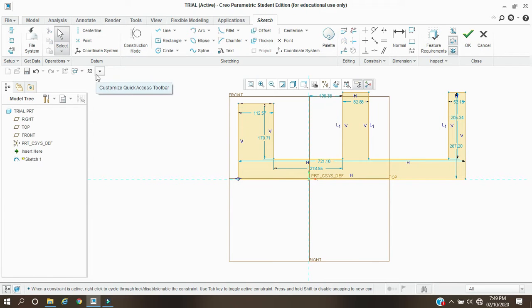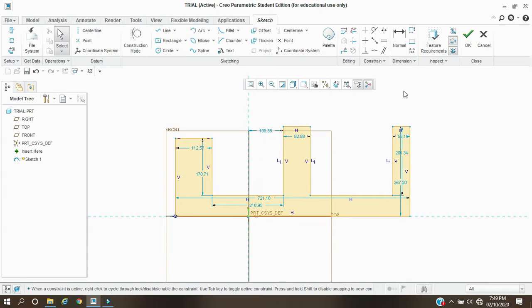This part I will draw afterwards. Okay, this is my sketch. For example, you have to give all the constraints, but I will not give them.